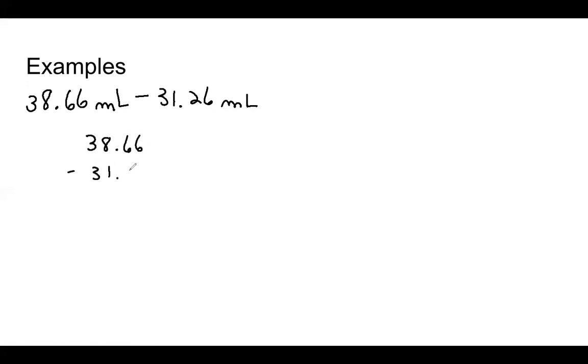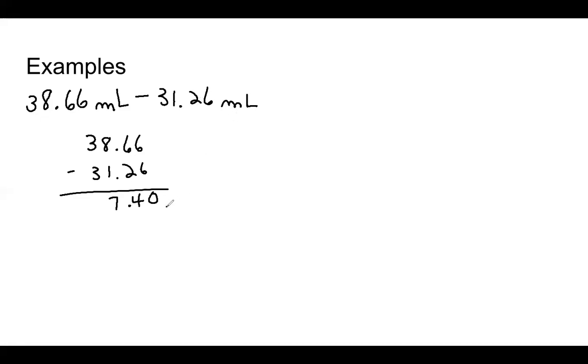So for our next one, we will look at 38.6 milliliters minus 31.26 milliliters. Now this is subtraction. Don't even bother checking the sig figs. That's not how we do it. So again, we're going to get our number. You can do it on your calculator. I'm just going to line these up. All right, 6 minus 6 is 0. 6 minus 2 is 4. 8 minus 1 is 7. So we get 7.40